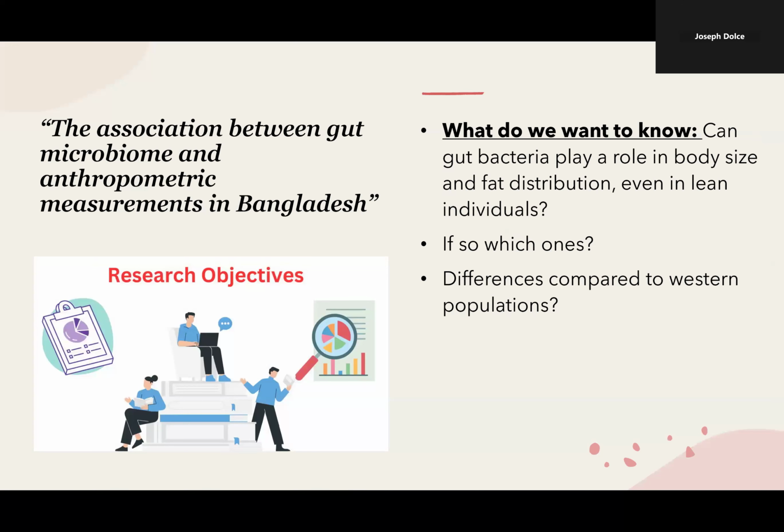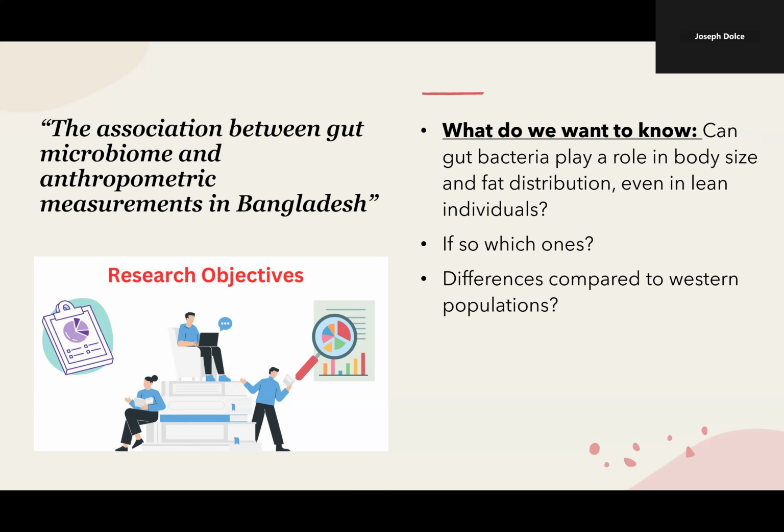So the title of the paper I'm covering today is The Association Between Gut Microbiome and Anthropometric Measurements in Bangladesh. The main question that we can derive from this title is, can bacteria play a role in body size and fat distribution, even in lean individuals? An important follow-up question to this is which bacteria may be playing an impactful role in anthropometric measurements, as well